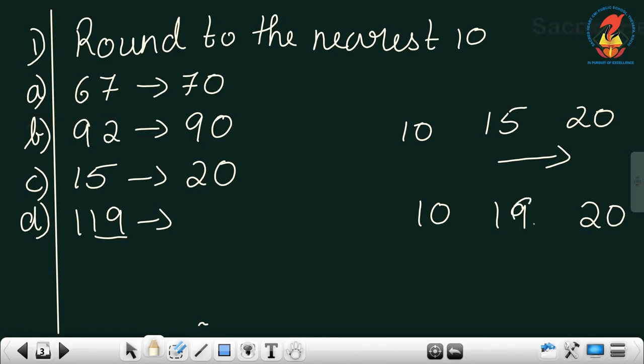Now you take the number in the ones digit. It is 9. Yes. So where will 9 go? It will always go to the second 10. Which is our second 10 here? 20. So 19 is rounded to 20. But children, you have a 1 left over here that we have not taken. That one you have to write in the answer. And then 19 is rounded to 20. So 119 is rounded to 120.